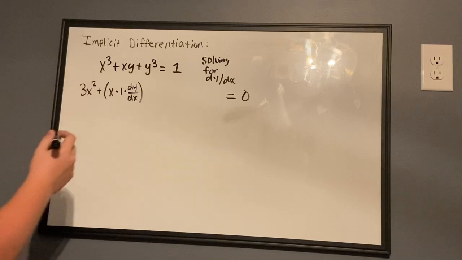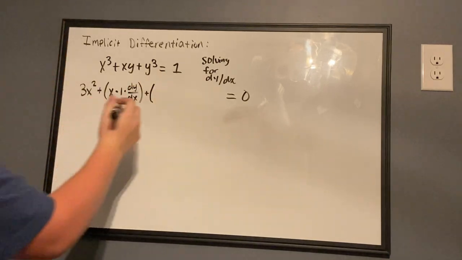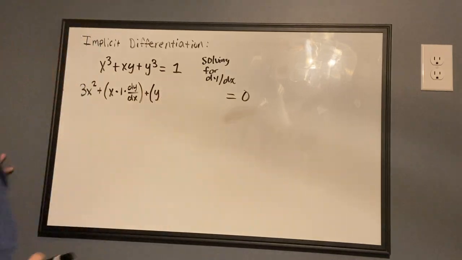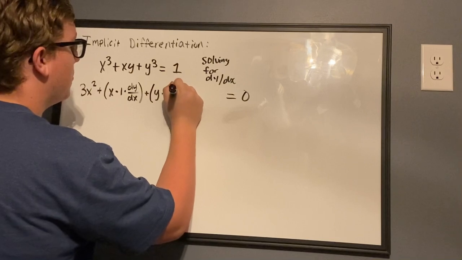Now we have to add the second term, which is just y. Now notice I'm not putting a dy dx here because the dy dx is not needed. We're not taking the derivative of y. We're just writing y down because that's the product rule. So if you're not taking the derivative of it, you're not going to need it. But when you do take the derivative, you do need it. So now this is y times the derivative of x, which is going to be times 1, plus,